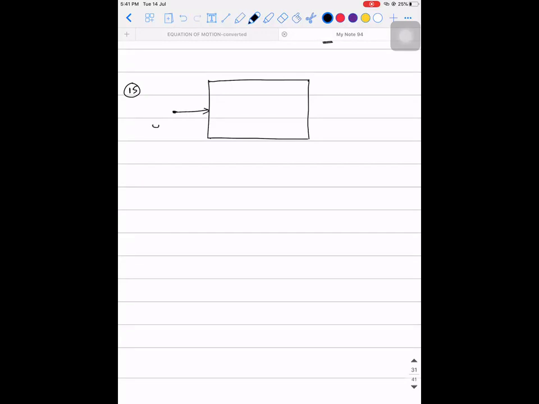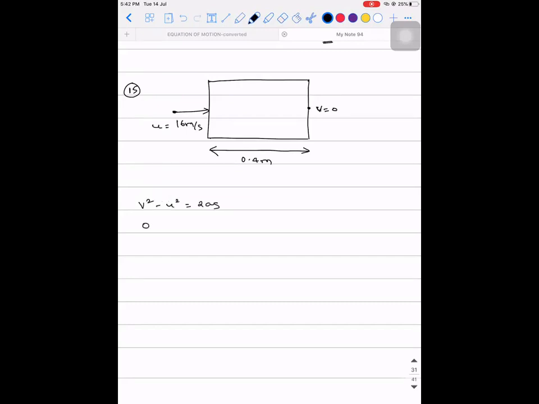So initially, what is the velocity? 16, no? Yes, sir. So here it will come to rest, so final velocity is 0. How much distance has it traveled before coming to rest? It is 0.4 meter. So whenever you have this kind of a problem, always apply v square minus u square is equal to 2as.